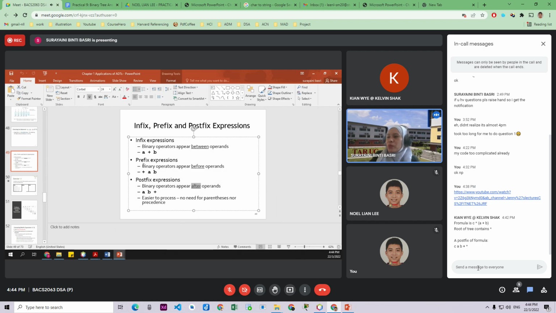So for prefix expression, the operator is at the front. And then in infix expression, the operator is in the middle. So, for example,